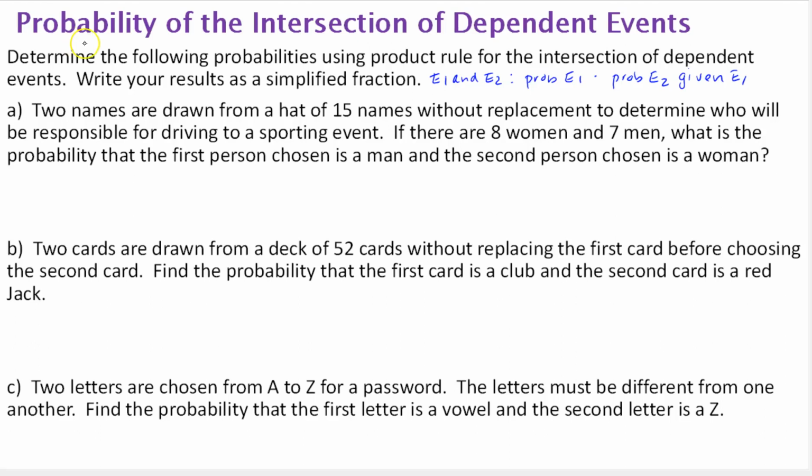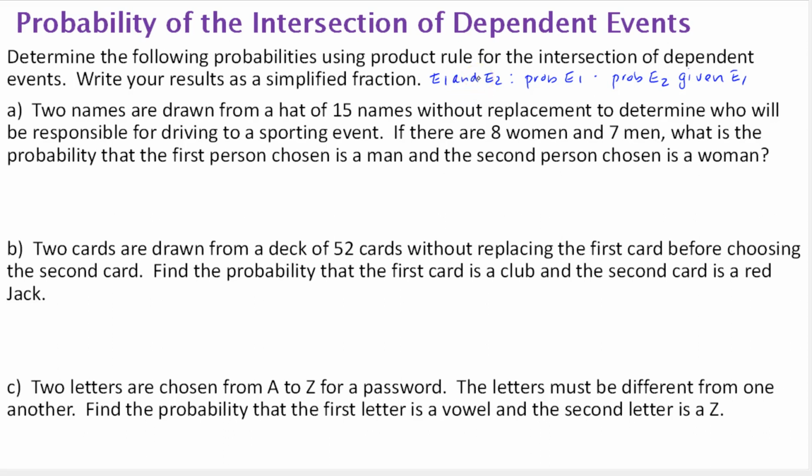In this video, we're going to look at the probability of the intersection of dependent events. Determine the following probabilities using the product rule for the intersection of dependent events and write your results as a simplified fraction. So we saw that the probability for independent events, E1 and E2, and is the intersection, was